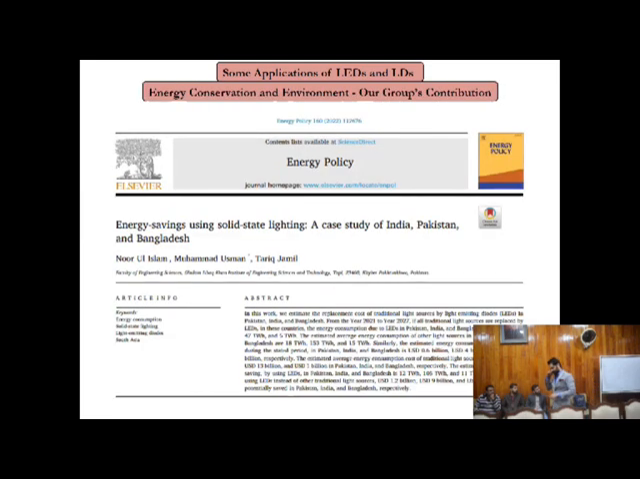So moving further, this thought led me to, of course, with my exciting team, not possible without them, work on how we can save energy using solid state lighting in the three most populous countries, not only of the world, but of course being specific in this subcontinental region. So India, Pakistan, and Bangladesh, and this was well received by the international community also. Moving further,